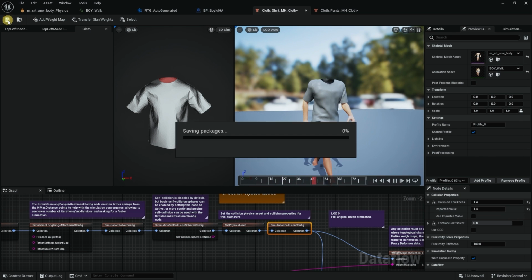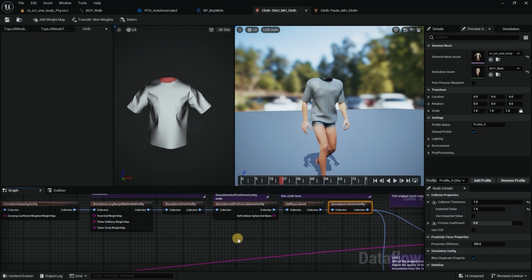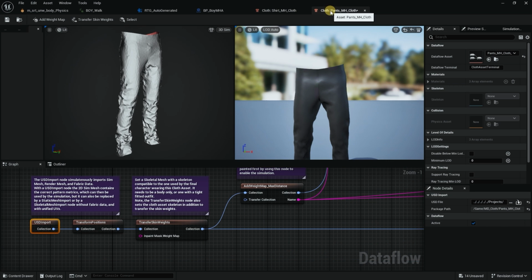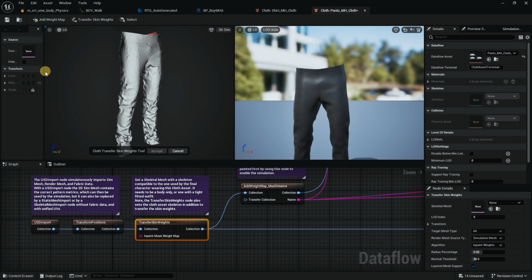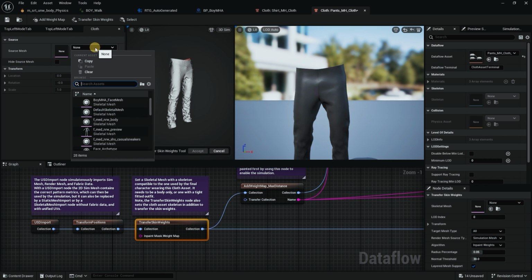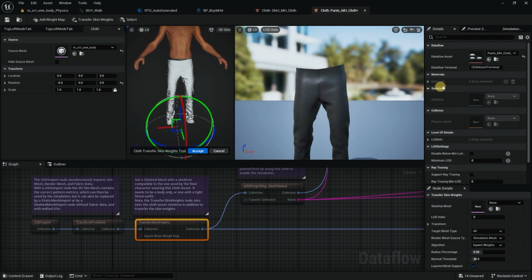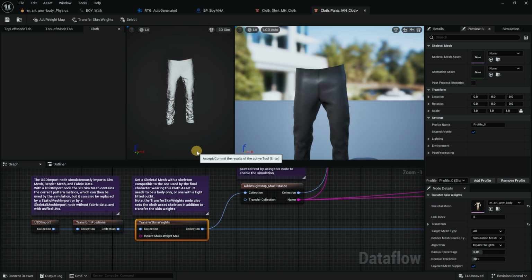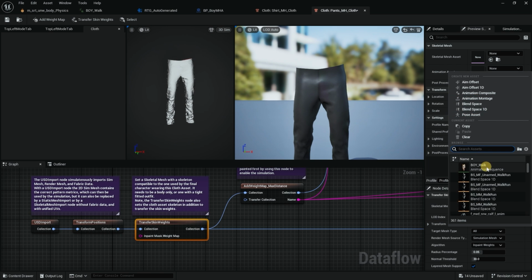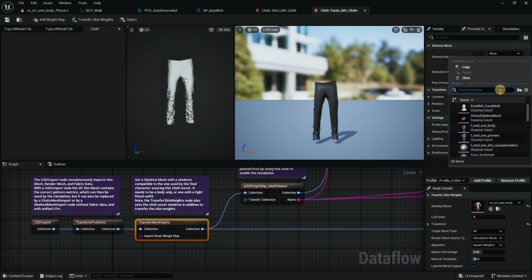Okay, let's save this for now. And you can see that it did everything for us automatically. Let's do the same thing with our pants. So we have the transfer skin weight. Let's make sure that we give it our character. You can see him here. That's nice. And we want in the preview to accept. Let's give it body walk. And our character should be